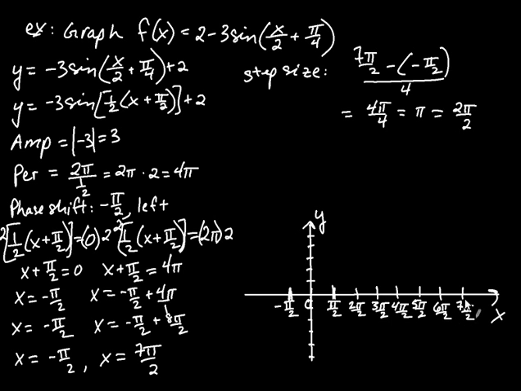So notice how I stepped in. Well, I stepped in once, stepped in again, right? There's my third significant point, my fourth significant point on the x-axis, and then finally my fifth. And if everything went right, you should be ending right here at 7 pi over 2. So you start at the left and step in 4 times, using your step size. And if everything went right, you ended at the correct value of x that you found here. So that's a little bit of confirmation for you. Okay, now that takes care of the